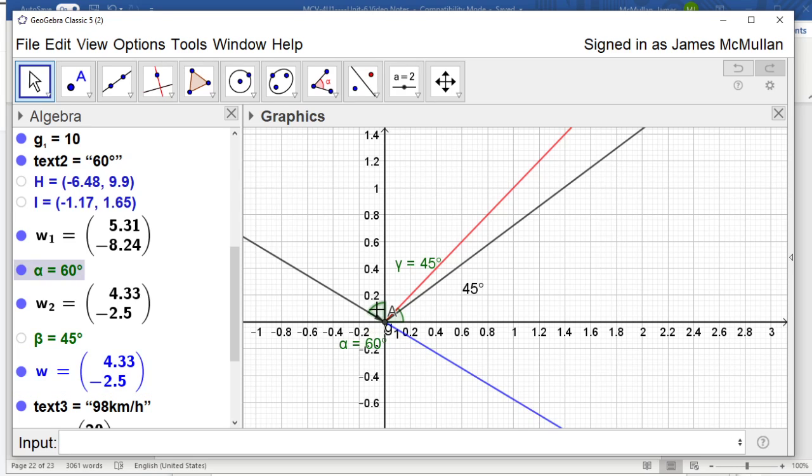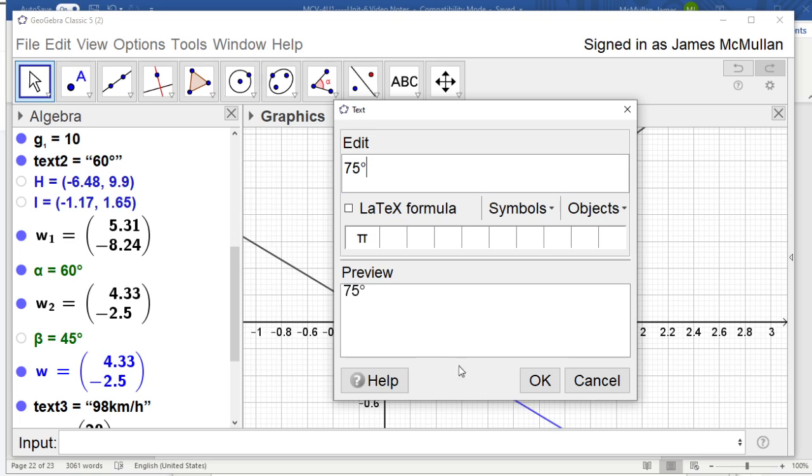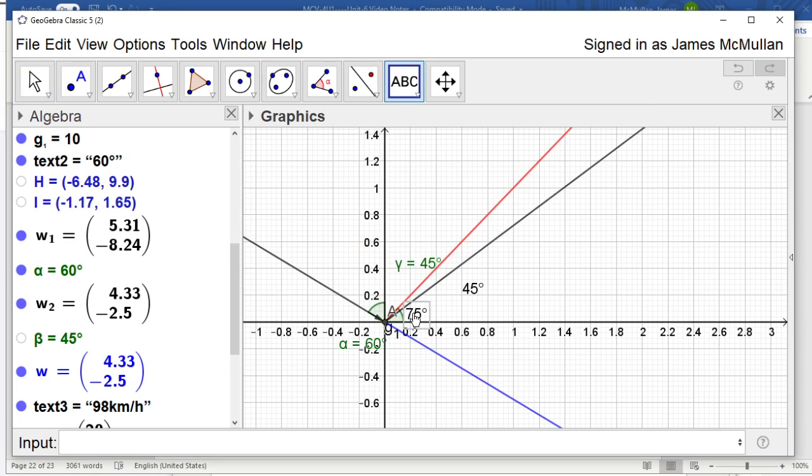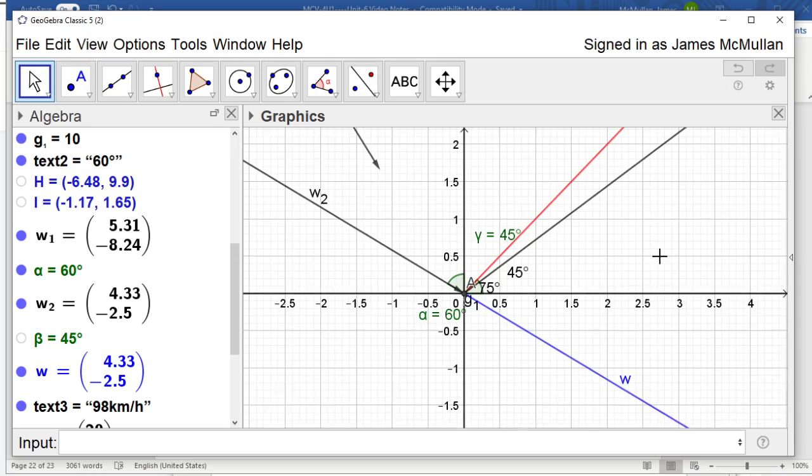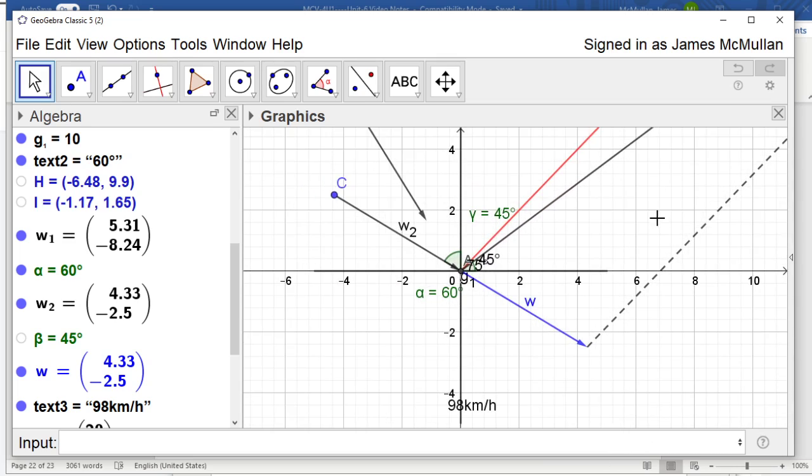Because the same 60 that was up here is now down here, which means the little angle in the middle is 30 degrees, right? So the angle that's inside my triangle is 75 degrees. To go all the way from the red down to the blue is 75 degrees. Now that I know that, I can actually do the cosine law